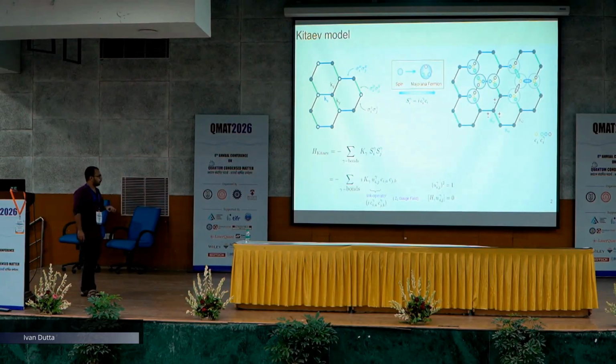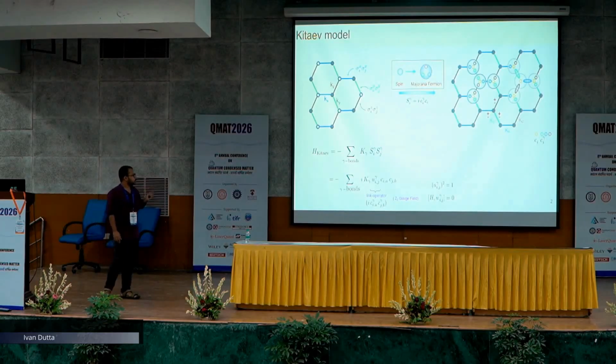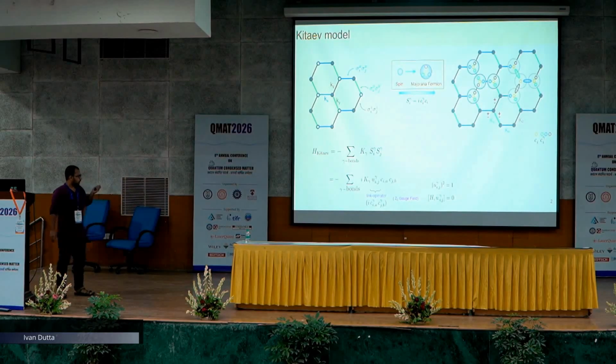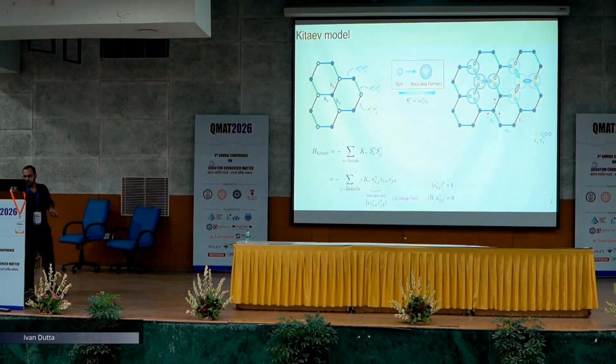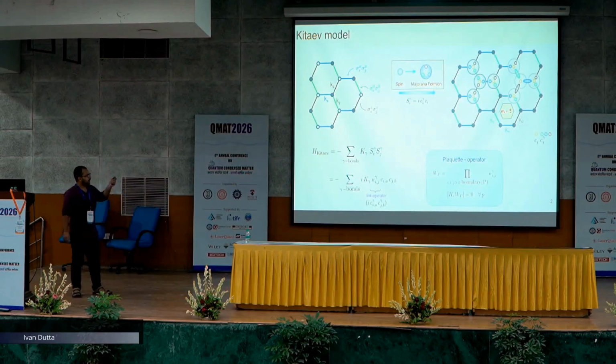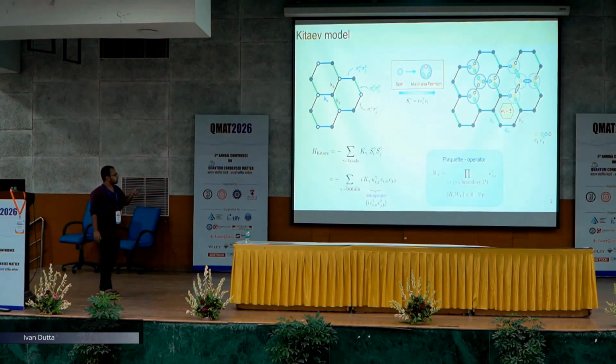This is called a link operator, and this also commutes with the Hamiltonian. That means it is a conserved quantity. So we call this the Z2 gauge field. However, this is not a gauge invariant quantity, but we can define some gauge invariant quantity from here, which is the plaquette operator, the multiplication of all the Uij's over the plaquettes. Hence, this also is a conserved quantity of the Hamiltonian.